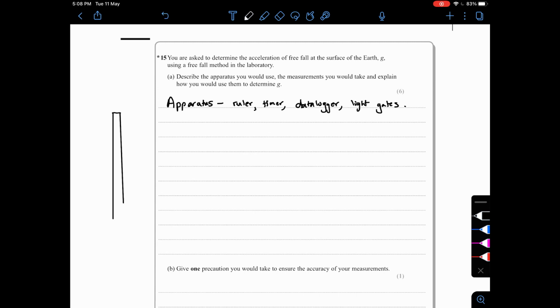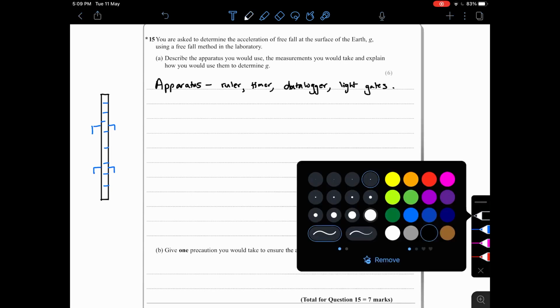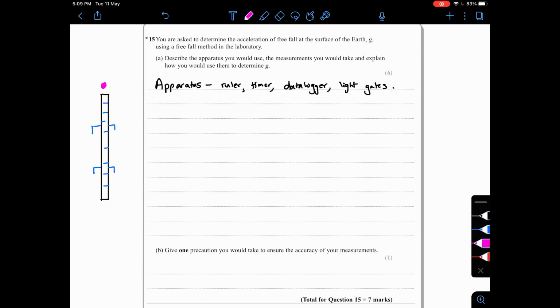So if I have this meter ruler over here, and there are light gates that we're going to check the speeds against, right? So we have light gates. And let's say we take markers for every 10, let's say 10 meter readings, and we drop an object. We drop the object. We're dropping at different heights, right? So this is our experiment. So how are we going to do this? We're going to drop an object at different heights,